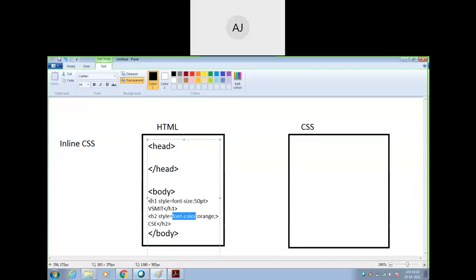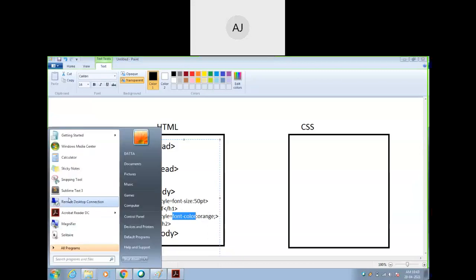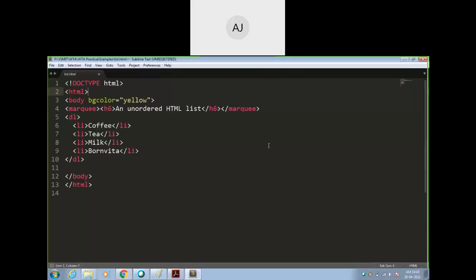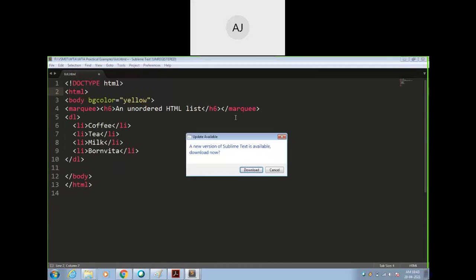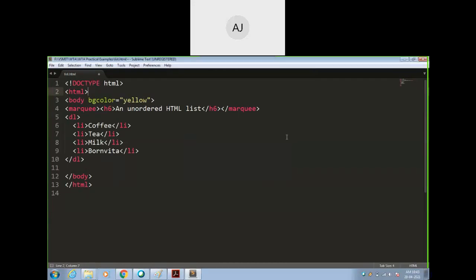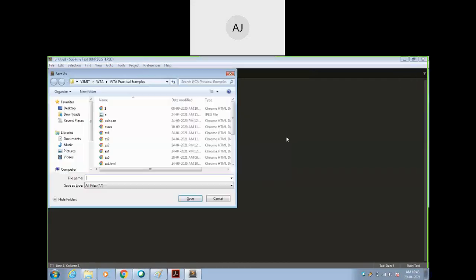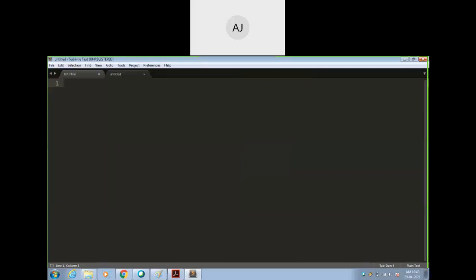I will just copy it, otherwise I can write that in Sublime Text also. I will just create one and save it in this. I will create new, let's save this in our practical examples. I think an inline HTML is there, better we will open that.